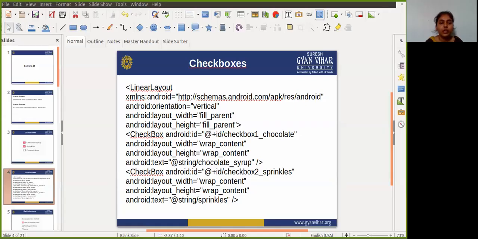To respond quickly to the checkbox, such as display a message or show a set of further options, you can use the Android on click attribute in the XML layout for each checkbox to declare the callback method of a checkbox, which must be defined within the activity that hosts this layout. So for more information about the checkbox, we can see the checkbox in the user interface section of the Android developer document, right?